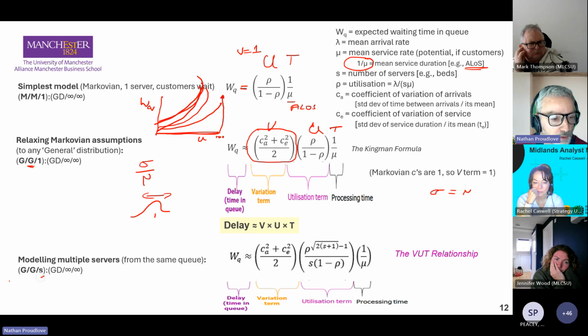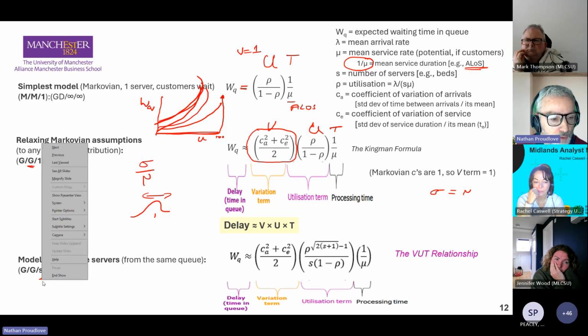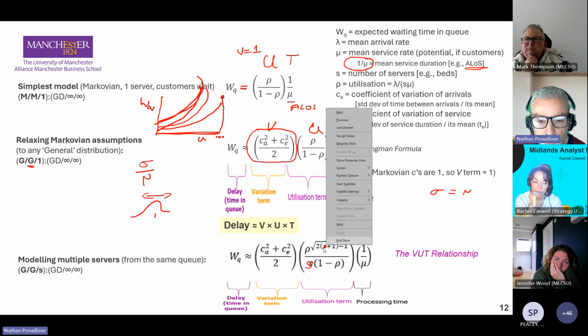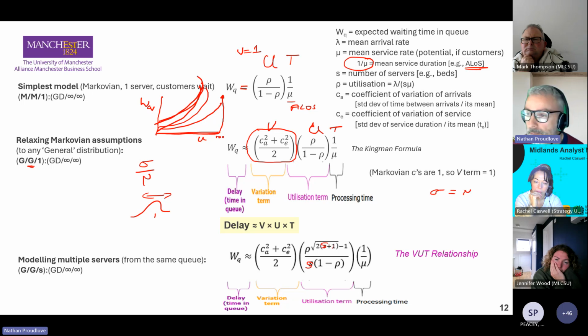how many servers there are, for example, how many beds there are that are taking patients from this queue, from A&E, for example. So it's also got the S in there, the number of servers, number of beds. So we can say what would happen if we contrast, for example, 3 little bed pools with 1 big bed pool that takes all of those patients. What would that do? But again, we've got this really useful insight, the VUT relationship,